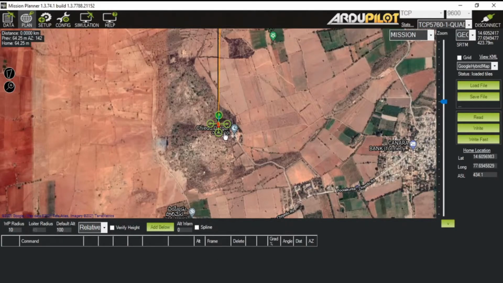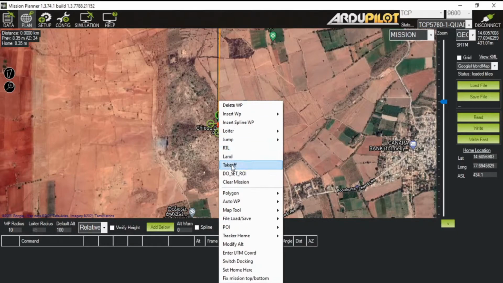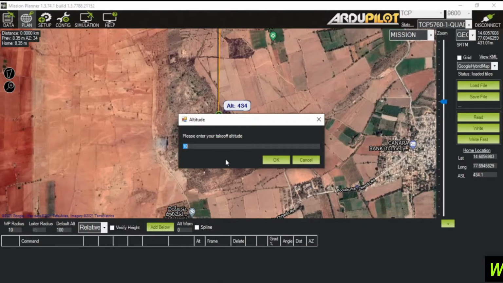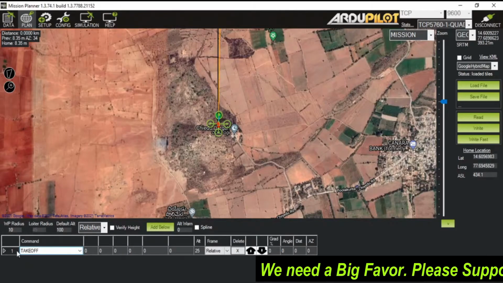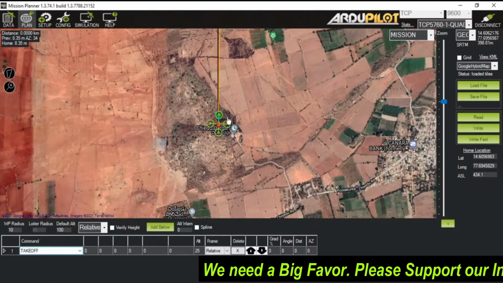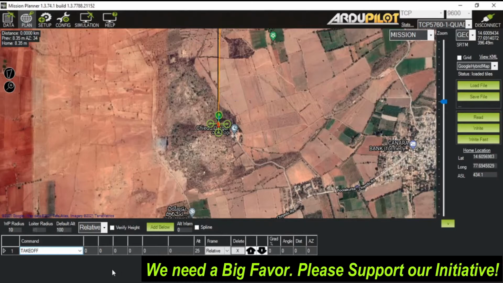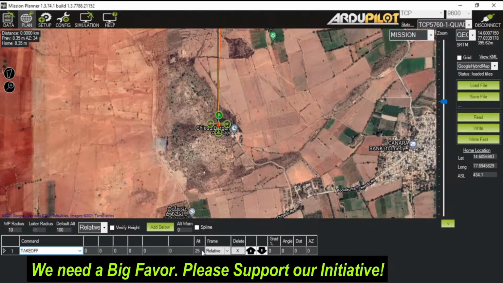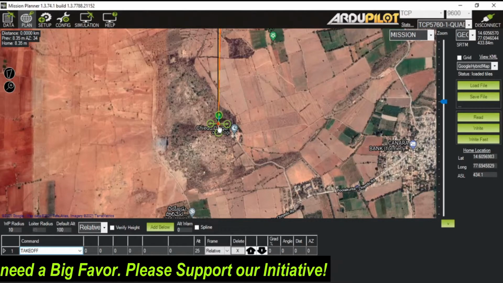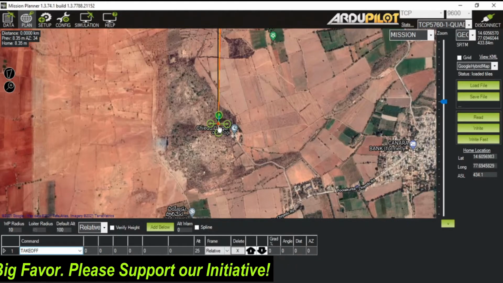So the first is takeoff, and it's very obvious our drone is going to take off from the home location, right? So just right click on it and put it as a takeoff. It will ask you for the takeoff altitude, and I will put the takeoff altitude as 25 meter and then simply hit enter. So you can see our first waypoint has been created, and this is on the home location. That's why it is showing everything at 0 position. It will take off and reach the 25 meter altitude, and then the second phase comes.